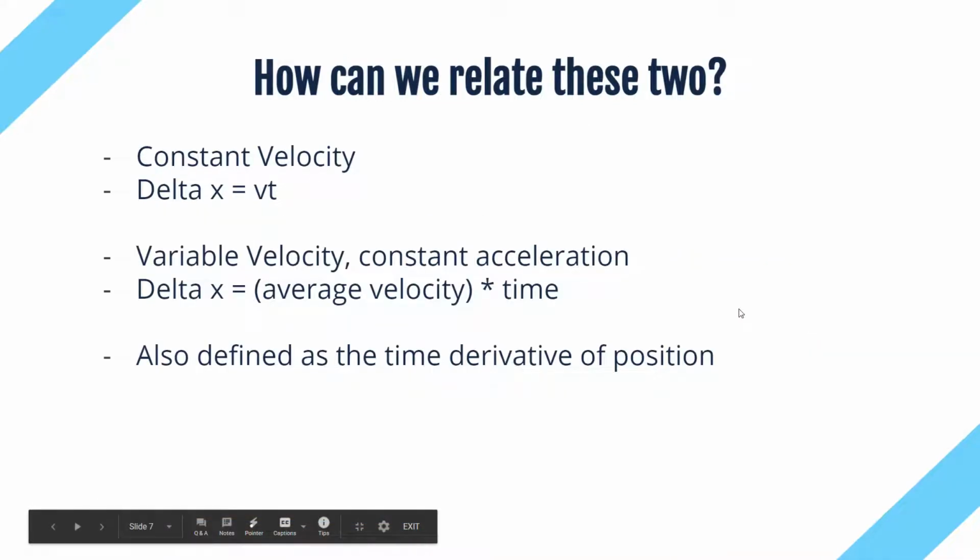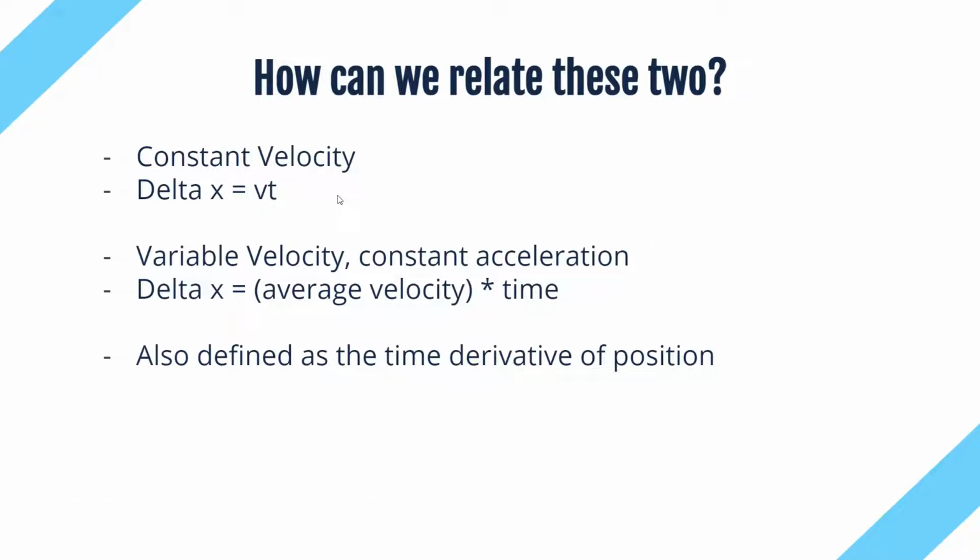Alright, so as I just mentioned, when we have constant velocity, that's essentially our rate of change. So if I travel 5 meters per second, or at a velocity of 5 meters per second, for 5 seconds, because I travel 5 meters every second, and there's 5 of those seconds, I travel a total of 25 meters. And now we can use this principle with the equation delta x equals vt, where